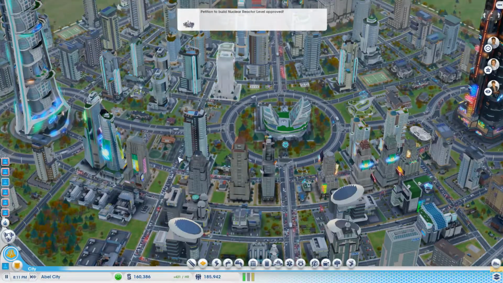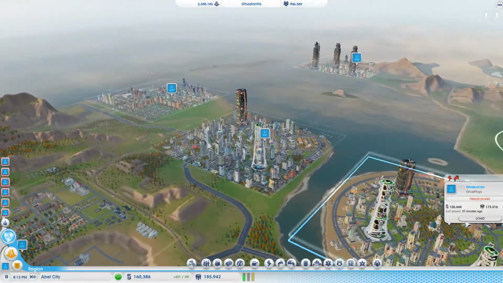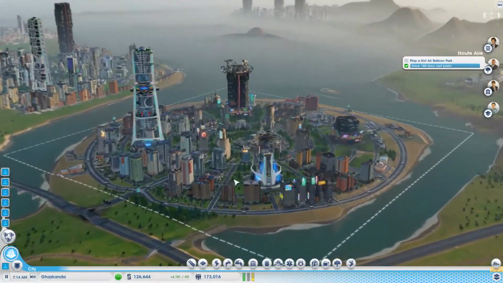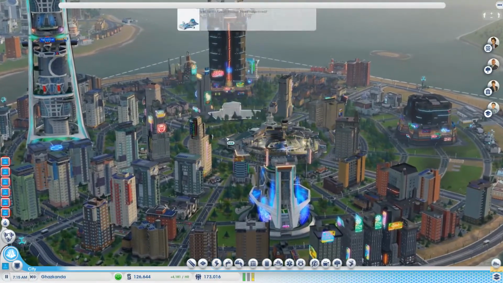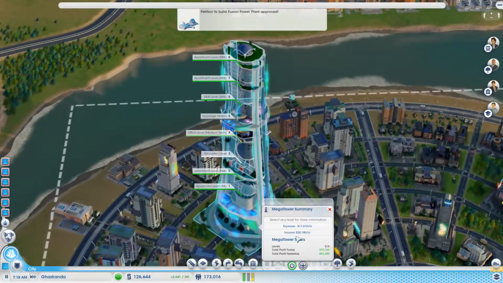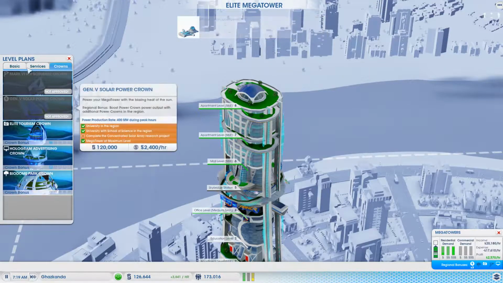Alright, finally it is finished, so we are backing out of here before more problems arise, because there's some weird-ass thing going on where my money is fluctuating right now. A large part of it seems to be tied to the mega tower not getting enough water, despite the fact that I am not only producing my own, but I am also buying plenty. So, God knows what that's all about. But anyway, we are now going to add to our mega tower a